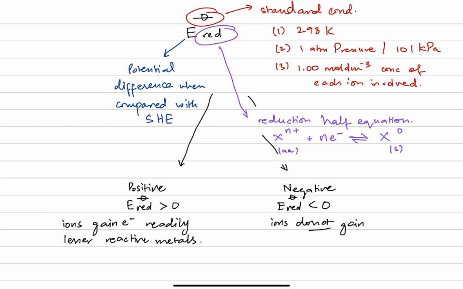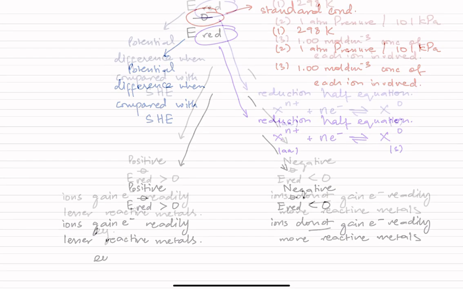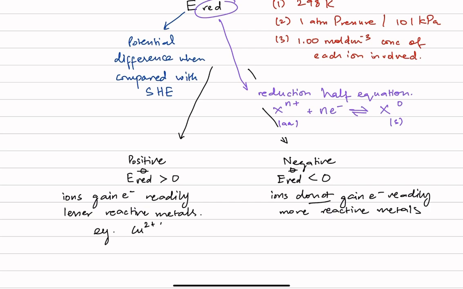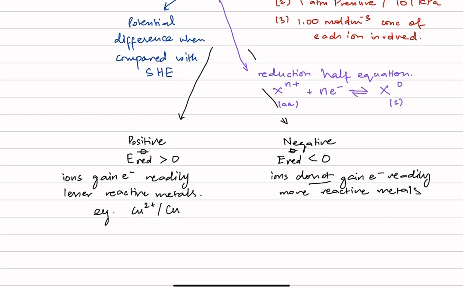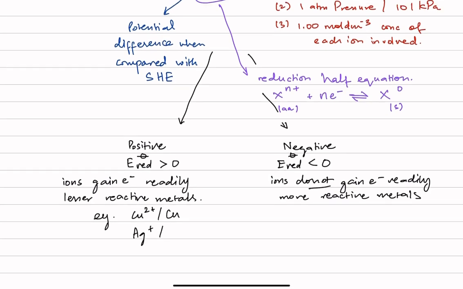A negative potential value means that ions don't gain electrons, so reduction is not happening. Ions do not gain electrons readily, and this happens generally with more reactive metals. Positive reduction potentials are generally for copper, silver, for example, platinum, mercury. And when we talk about negative reduction potential values, we are talking about reactive metals like zinc and lithium. I hope these ideas